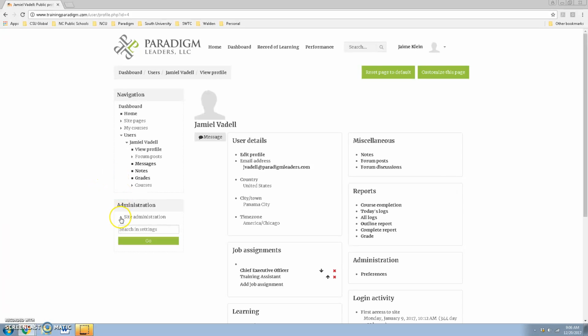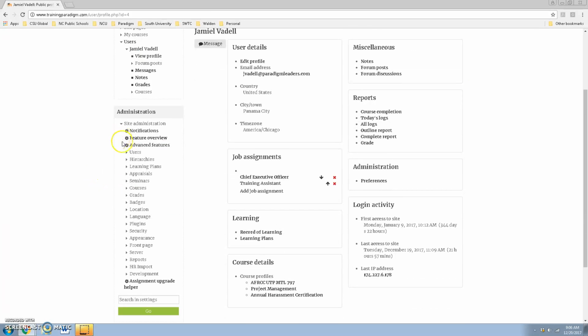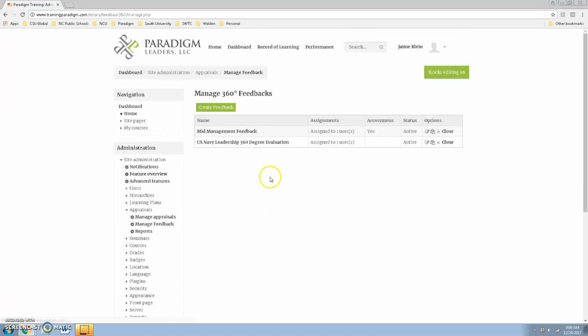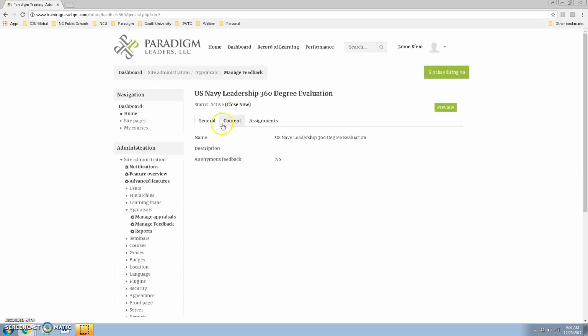Then the next thing that I want to show you is the actual evaluation. Now, when we look at 360-degree feedback, this is part of the overall performance appraisal. Now, you can use it separate. It doesn't have to be with the performance appraisal, but the 360-degree evaluation can be just one piece of that overall appraisal. So I'm going to click on this 360-degree evaluation here,